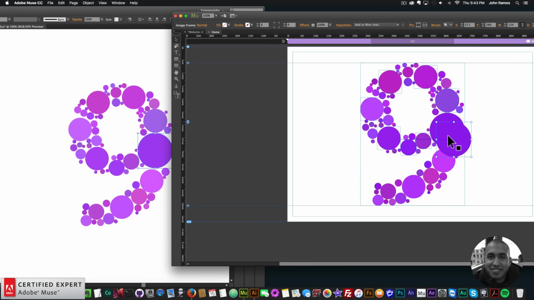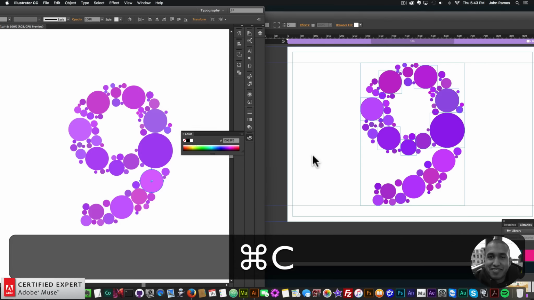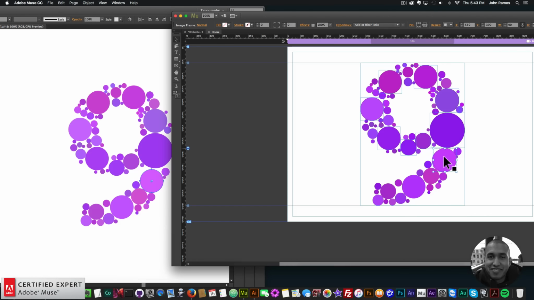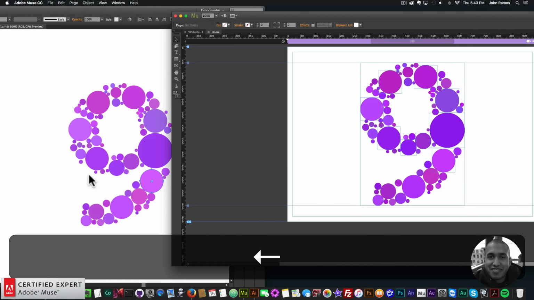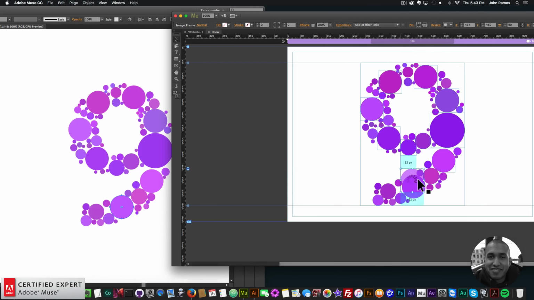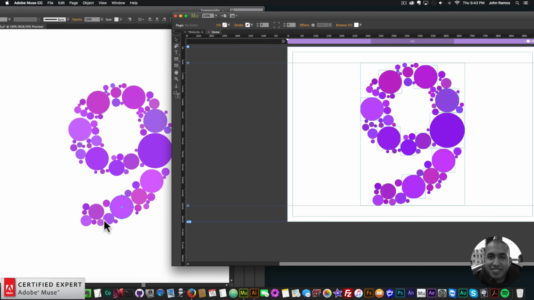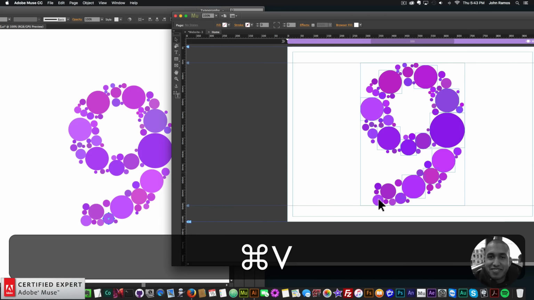Command-C, paste, and right in there, and then paste again. And almost done here, just a few more. Right in there, this one, and a few more here. So this one,